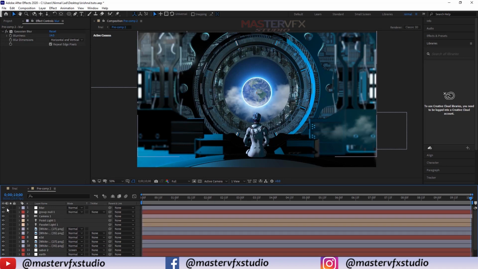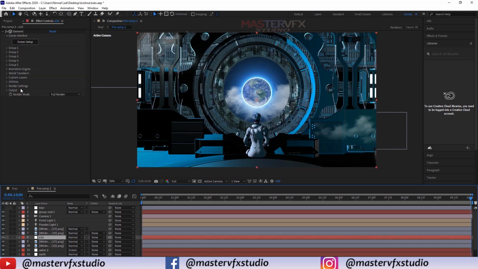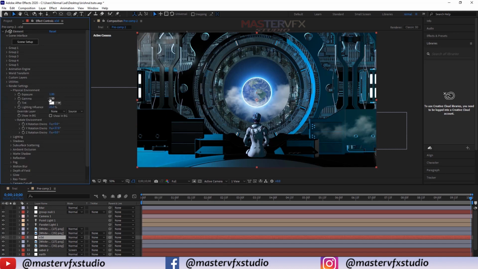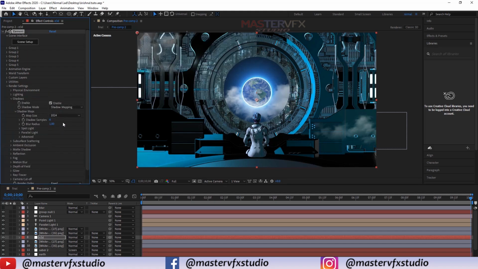First disable this layer, and now we are going to change some render settings. Select this Element 3D layer, and in render settings change the physical environment. Here I will decrease the gamma to 0.80%. Enable the shadow and set the map resolution to 4K.